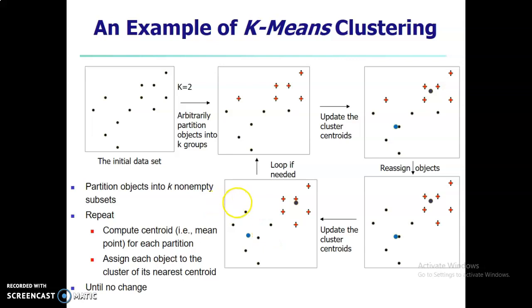And so on, we do the reassignment of the objects every time we get a new mean. So the question is when to stop, or when the K-means algorithm terminates. Until the reassignment stops, that is, there is no change in the points falling within the clusters, or no change in the mean, we do not stop. We keep doing the reassignments, and every time we calculate the new mean point. Let's see an example of this.